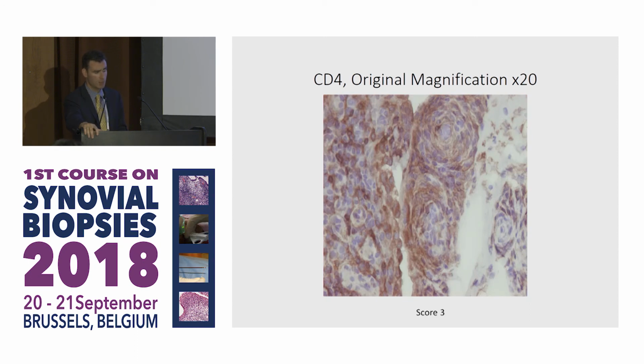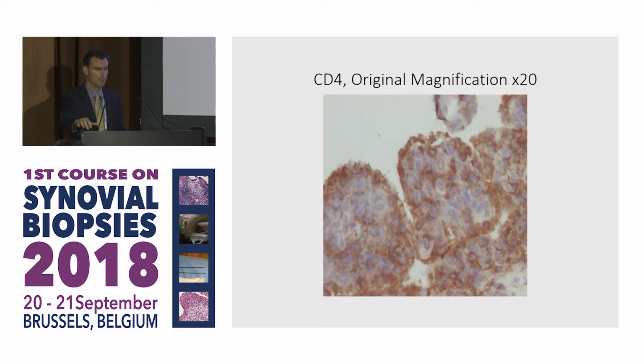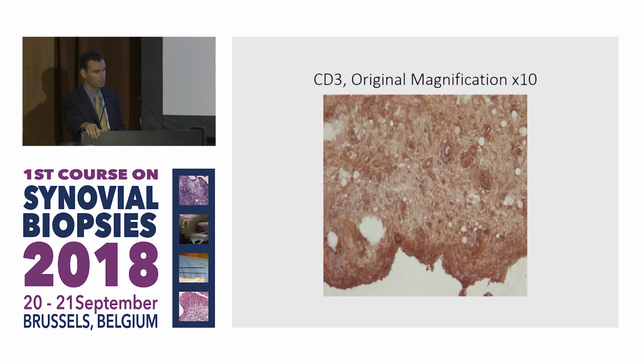CD4 again scoring 3, between 50 and 75% of staining. So there's reasonable reproducibility with these. CD4 stain, we scored this 4. And this is the image for a pan T cell marker CD3. And you can see that the slide has probably been actually overexposed during the processing. But if you look carefully, you can actually see that it's the cells that are staining, although there's some artifact in the stroma itself. And this too would score 4.